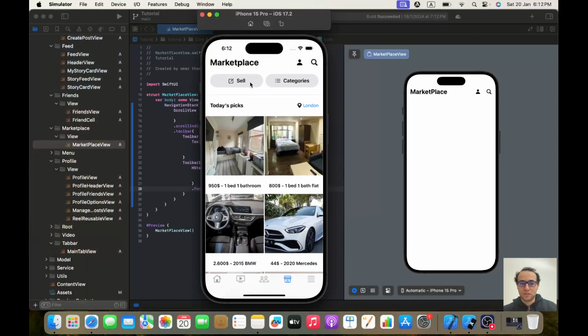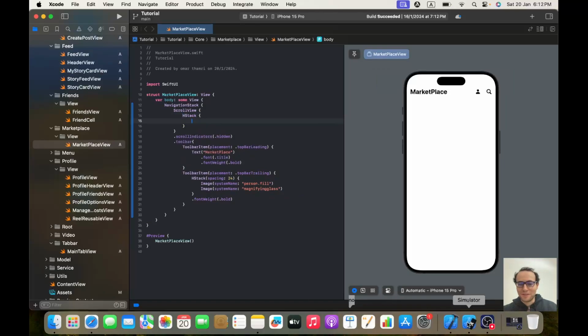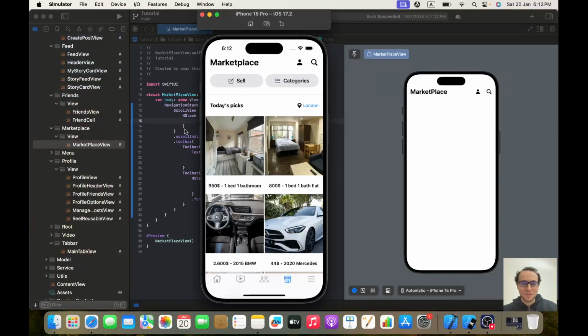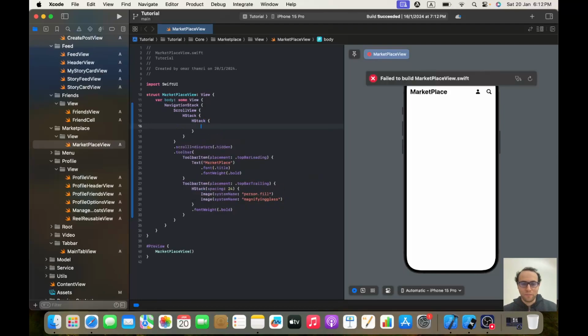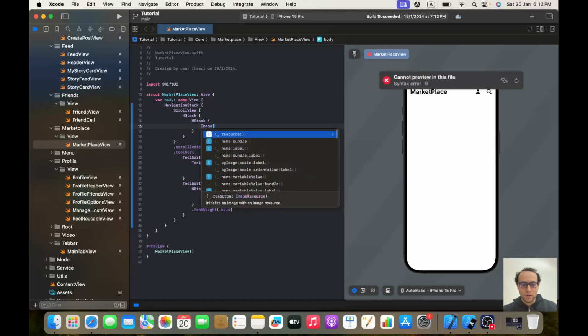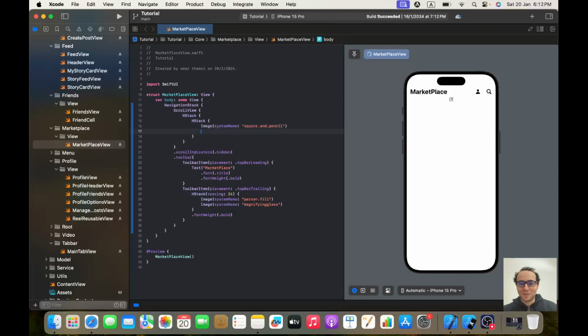Now we will be adding this one. So inside our scroll view, let's create an HStack. Inside this HStack, let's create this. So it will be another HStack. Inside the HStack, it will be an HStack. And it will have image. And for the image with system name, and let me check the name, it's square dot and dot pencil. To be honest, a difficult name to remember. And what else? And we got the text, which is